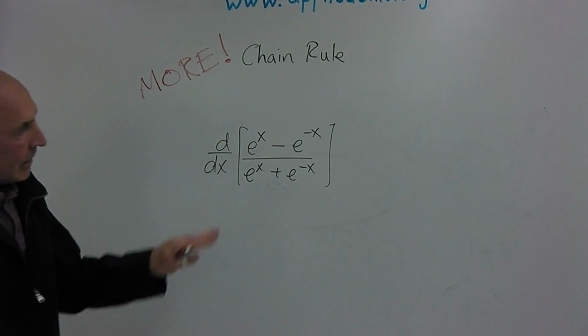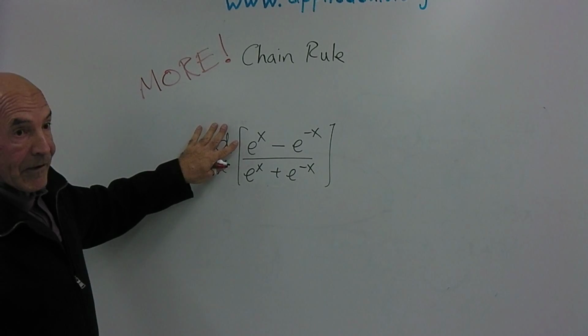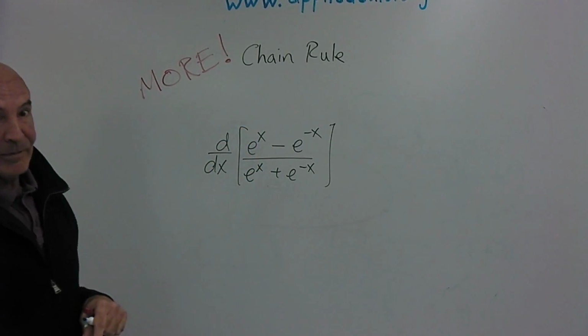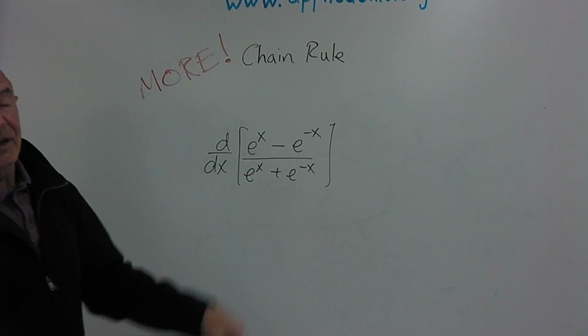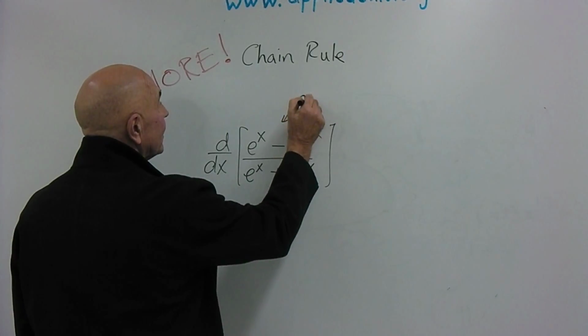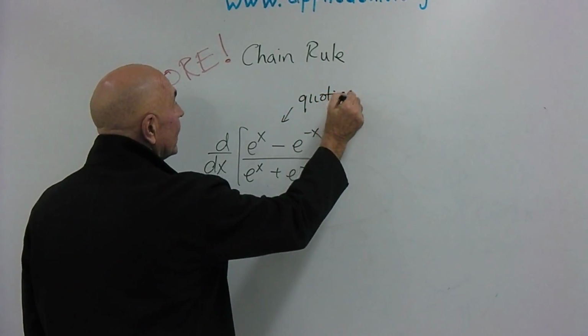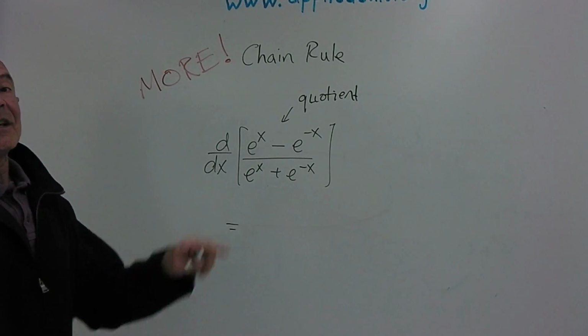If you had a calculator and you were calculating that, the last thing you would do is divide the top by the bottom. Because you're dividing, that's a quotient, you have to use the quotient rule. You have no way of avoiding the quotient rule, which says,